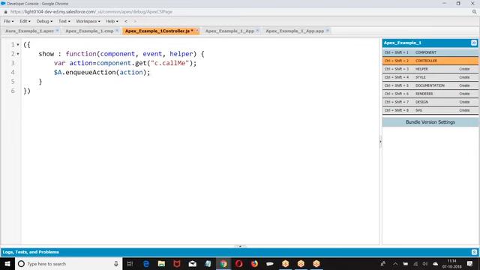Now you want to capture the response and perform some operation. So what I was doing here: action.setCallback. In the setCallback, what are the parameters we had? This particular component. Then what is the action you want to do? So within this response, I have to give, first, know the state. Where state.